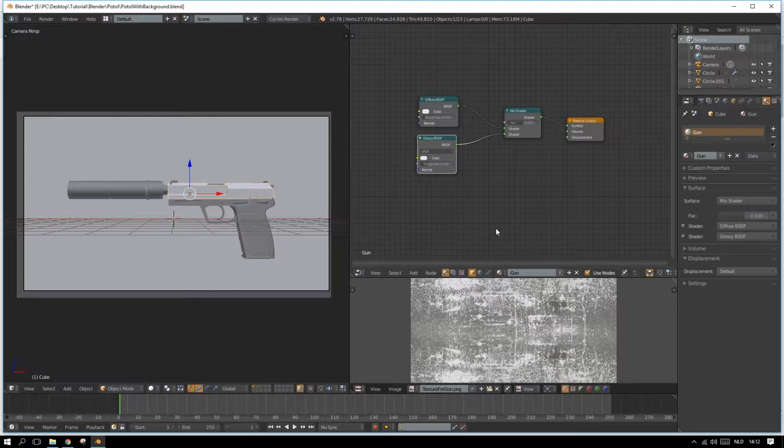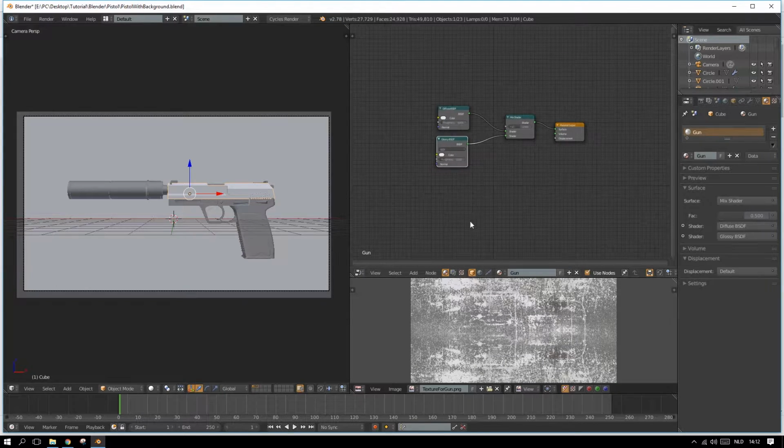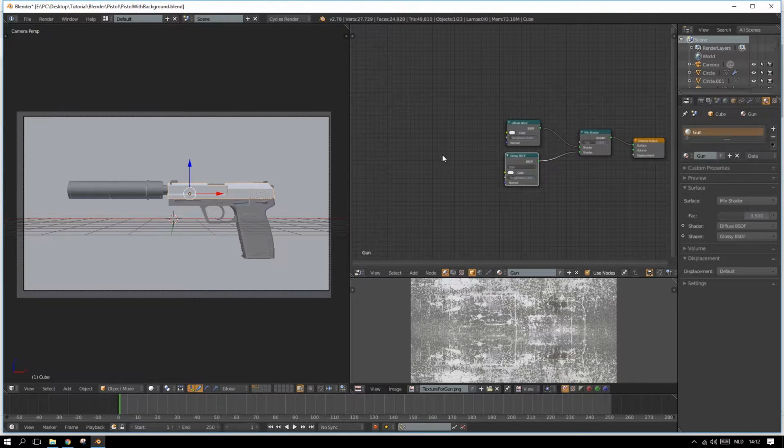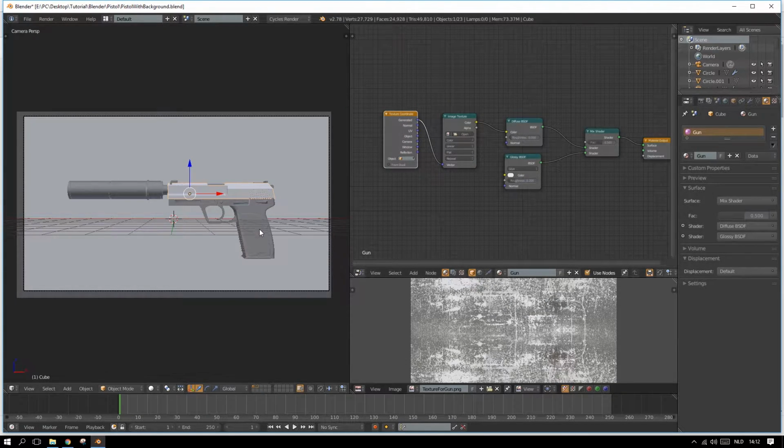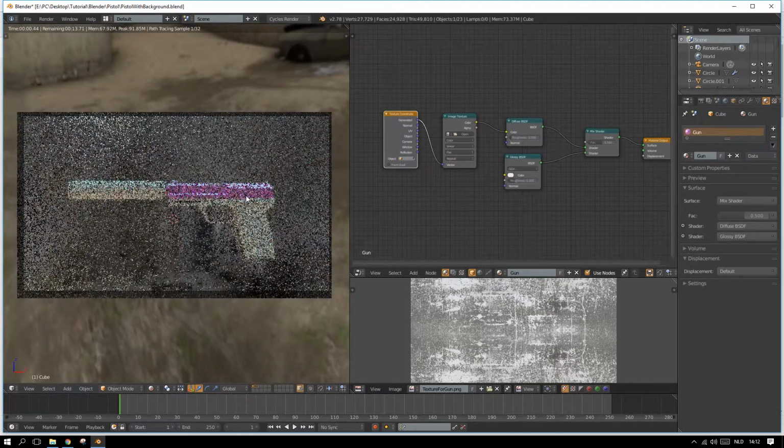Okay, so I'm just doing the first part right here. On the left you can see it's white. Okay, so let's add image texture. Okay, so I added the image texture, and I'm gonna use a texture coordinate with this. I'll put it on generated for now, and I'll connect the color to the color. And if you go to render mode,